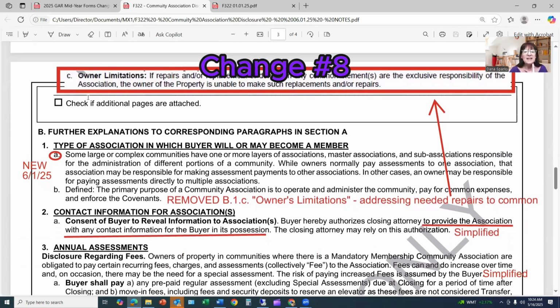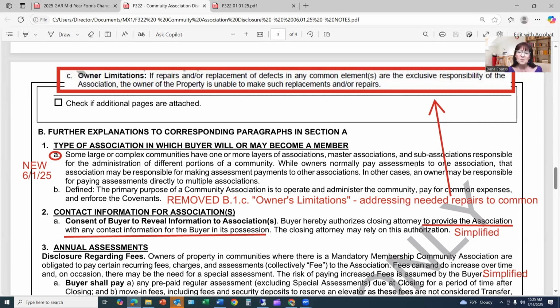Now under B, the further explanatory paragraphs, under the type of association, this subparagraph 1A is new, and it states, some large or complex communities have one or more layers of associations, master associations and sub-associations, responsible for the administration of different portions of a community.